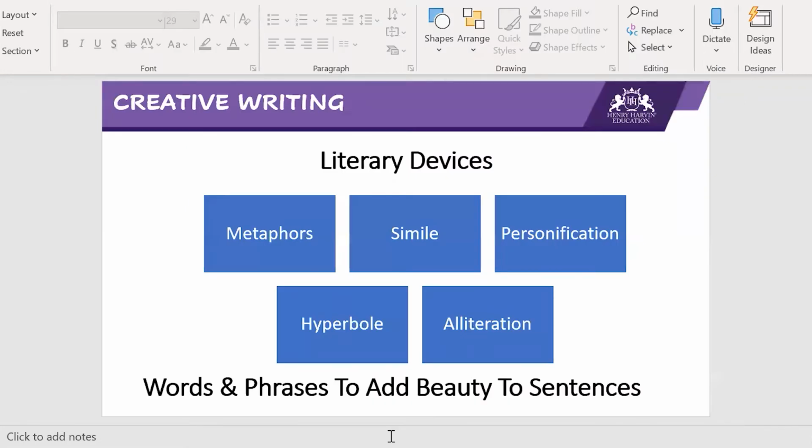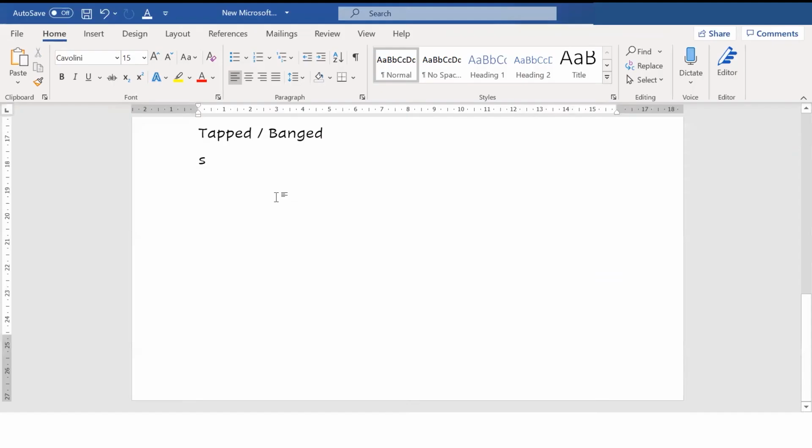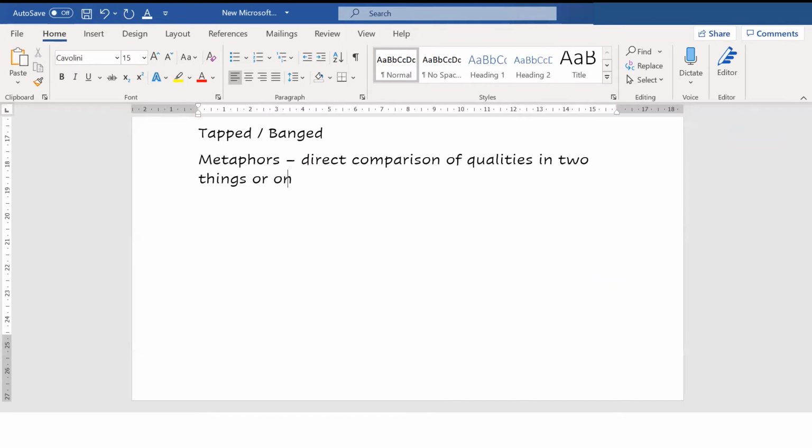Metaphors are basically the direct comparison of qualities, of one thing to another thing or a human.